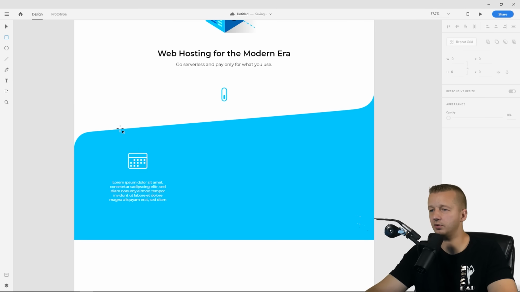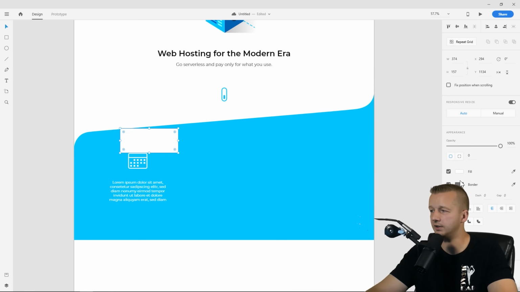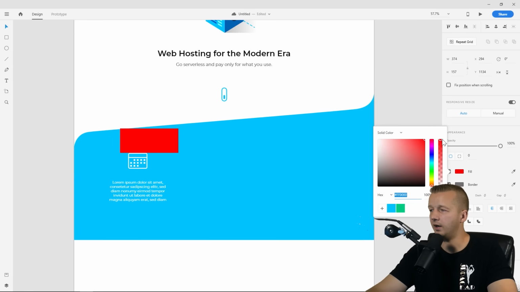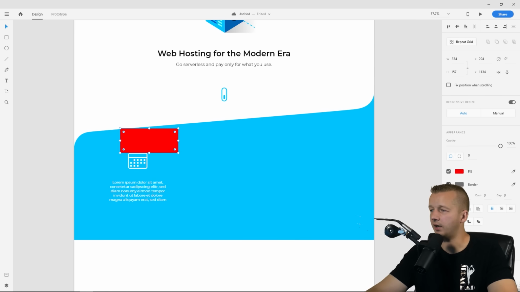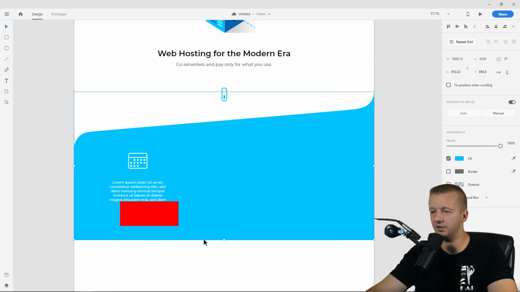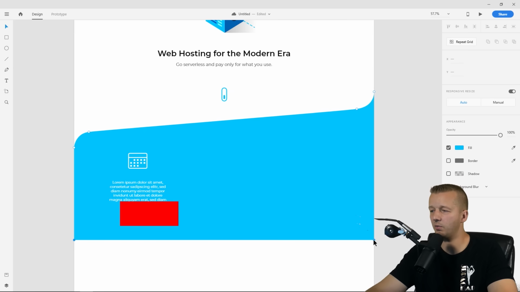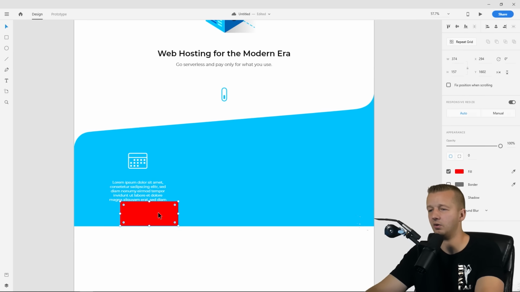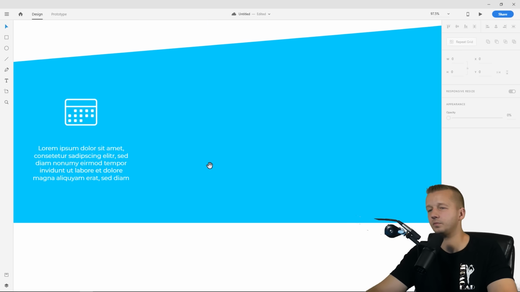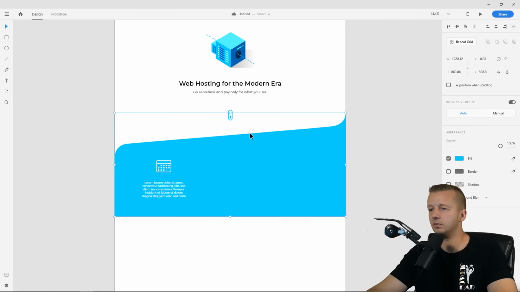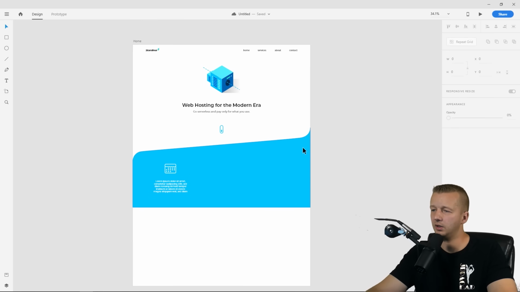So if I take real quickly, don't do this. You can do this if you want, but it's not a part of the design. If we make this like something that's really ugly in contrast, this is the amount of white space from here to here. This is the amount of white space from the bottom of this element to here, and obviously there's too much. So if we double click this, take these two anchor points and drag them up, suddenly it's going to look a lot better. Now, looking at this from this angle, it's looking okay, but really sometimes it's hard to judge until you actually get in there